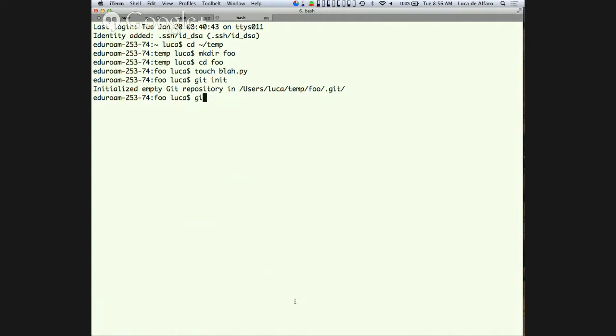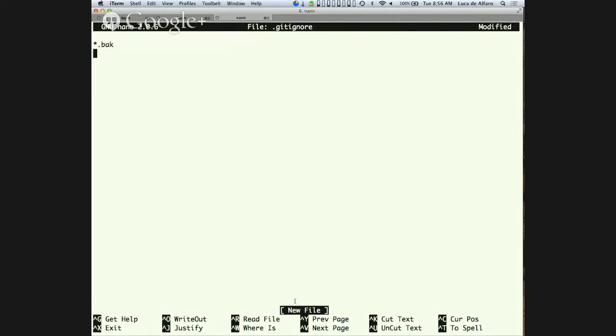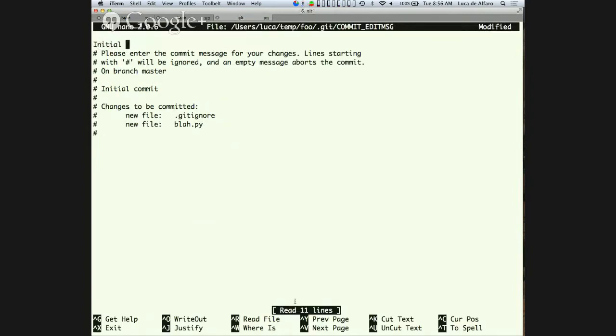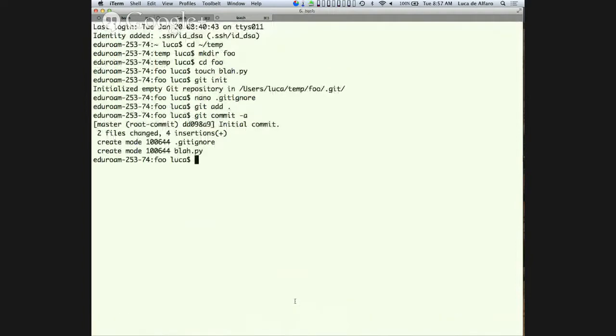Now this is in general a silly idea, because before that you may want to create a git ignore file, and say don't put in any backup file, don't put in any file that begins with tilde, and don't put in any binary file. You say these are files you shouldn't try to put in. But then I can say git add dot, git commit -a, with the message initial commit. Done. I have a repository in this directory. Does this help? But this is only when you create the first repository.